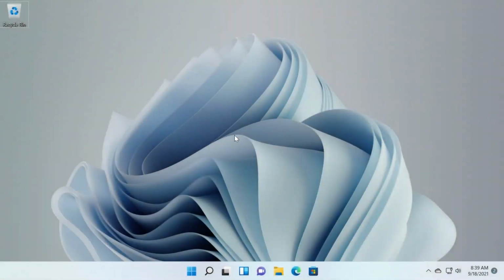In this video, I'm gonna show you 10 useful keyboard shortcuts that you can use in Windows 11. Some of these shortcuts were available in other versions of Windows, but some of them are only available